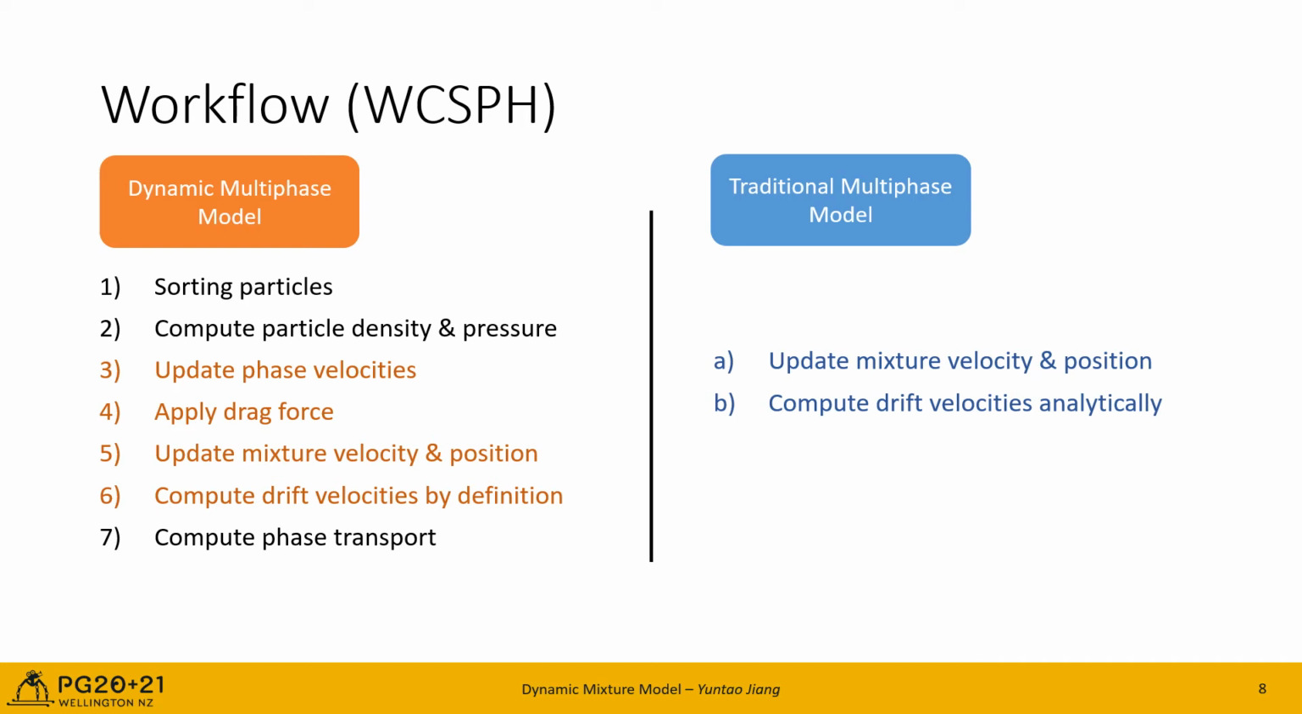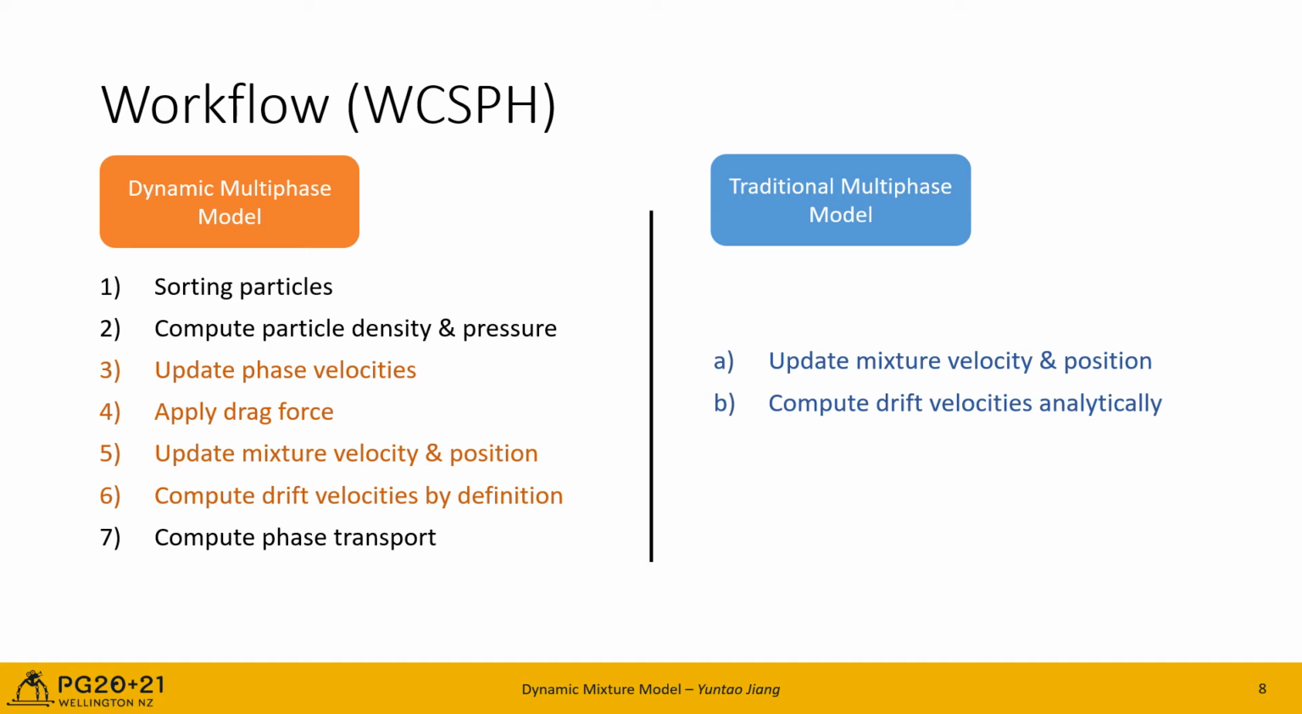We first sort the particles, compute density and pressure with the equation of state. Then we update the phase velocities. I'll show the formulation later. Then we apply drag force, since there is friction between the phases. After that, we update the mixture velocity, the position of the particles, then we compute drift velocities and the phase